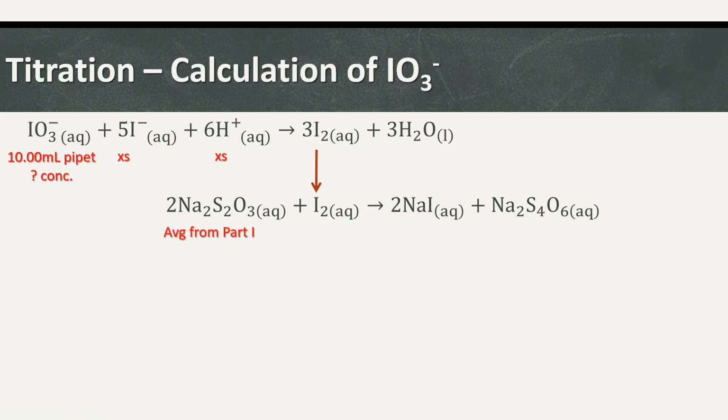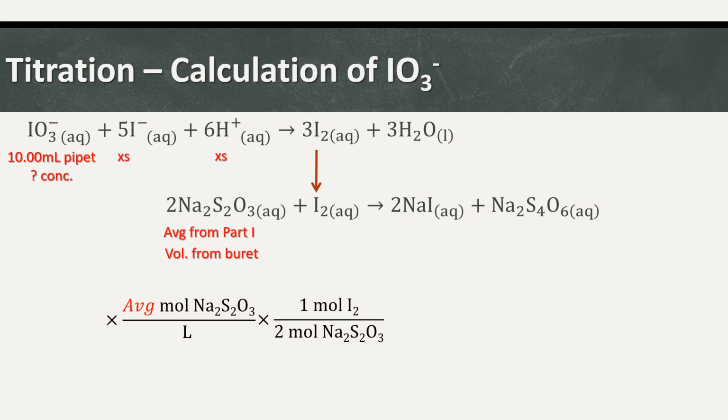We now have the average concentration that we determined in part 1, and we will still read the volume from the burette. So to start this calculation,